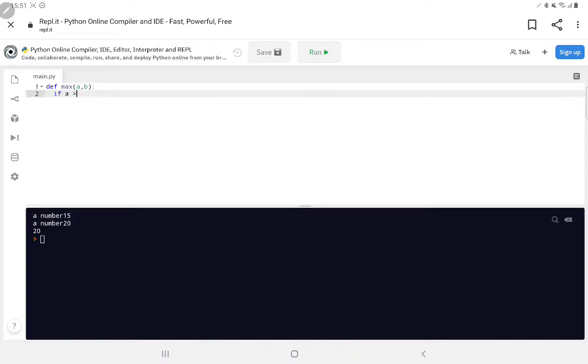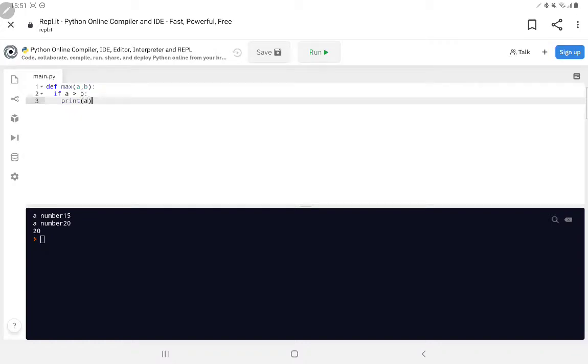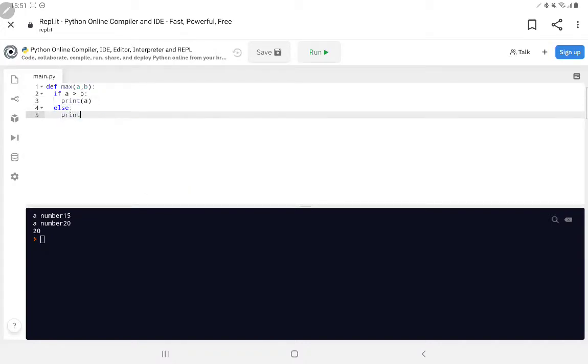If A is bigger than B, print A, else print B. And then we have, let's just say, C equals 10, D equals 20, and then